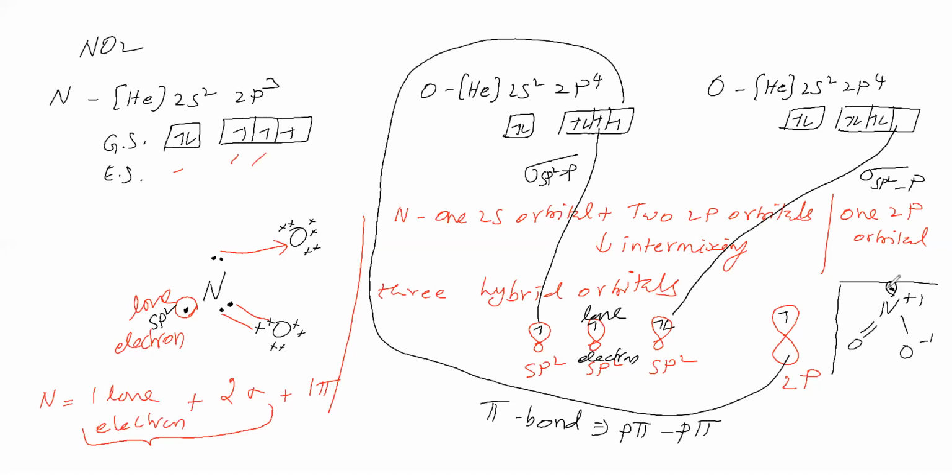It is a lone electron present in the sp2 orbital. Okay, it is not a lone pair. Only one electron. This electron is present in the valence shell but not involved in bonding, therefore it is called a lone electron. We should not say lone pair. Lone pair means two, but here only one electron. So this is about NO2. In NO2 dative bonding is there, we said.